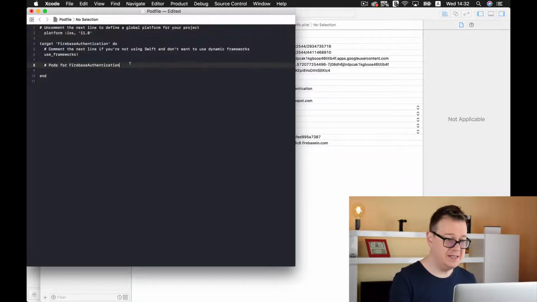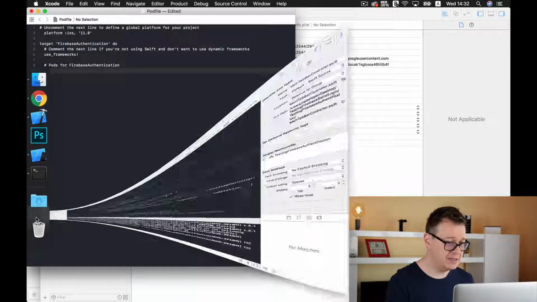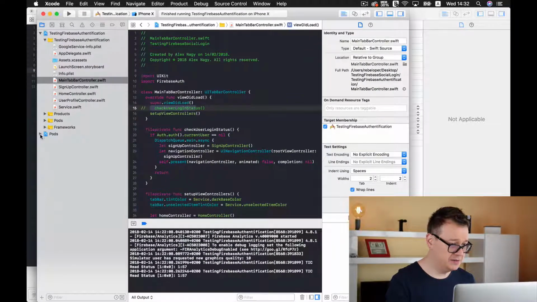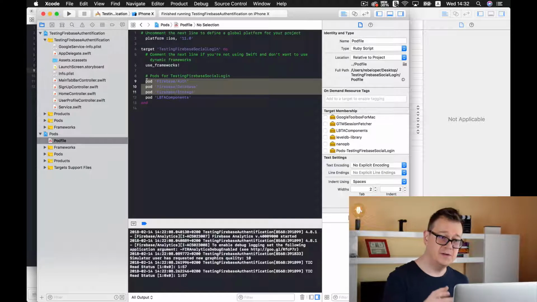Okay, now we need to add here our pods, and we need 3 pods that I will copy from my test project. Let me just go to my pod file here, and those 3 are Firebase/auth, Firebase/database, and